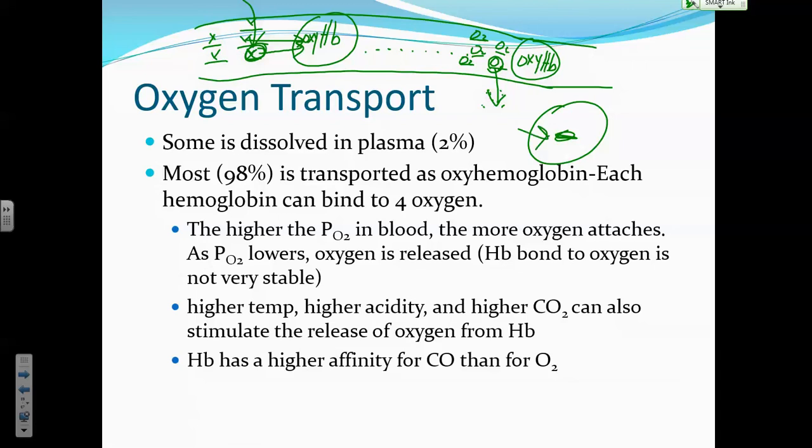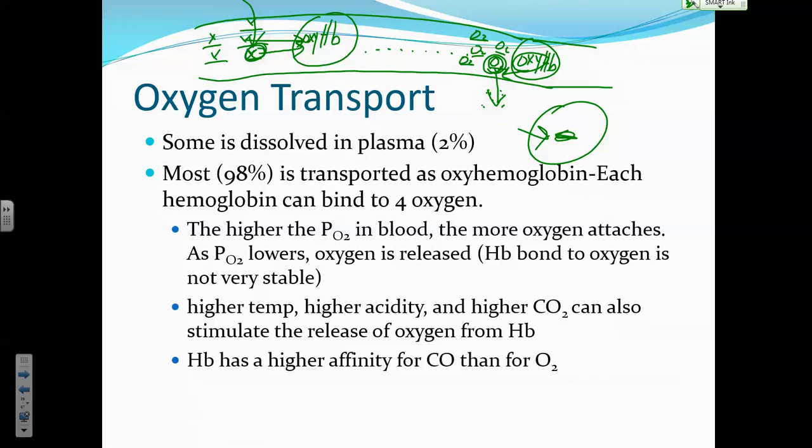Okay. In the meantime, that frees up a spot for oxygen to dissolve, doesn't it? And so that lowers the partial pressure of oxygen in the blood, and that's one of the many triggers for hemoglobin to let go of that oxygen, to do the reverse reaction to become deoxyhemoglobin, so the oxygen can go back into the dissolved state and then be able to move to the cells. So it's constantly going back and forth and back and forth.